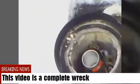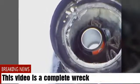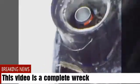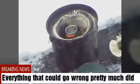Good morning, everybody. So, today's gonna be another melt. I had this idea that I'm gonna put my crucible inside of a tin can. I think if the cold doesn't directly touch it, it might do less damage. I know forge scale is gonna build up no matter what, but I'm hoping it doesn't eat through the